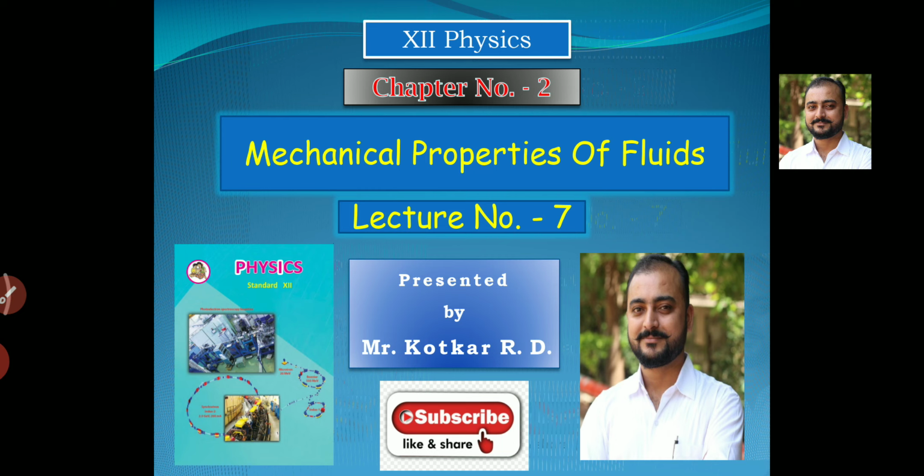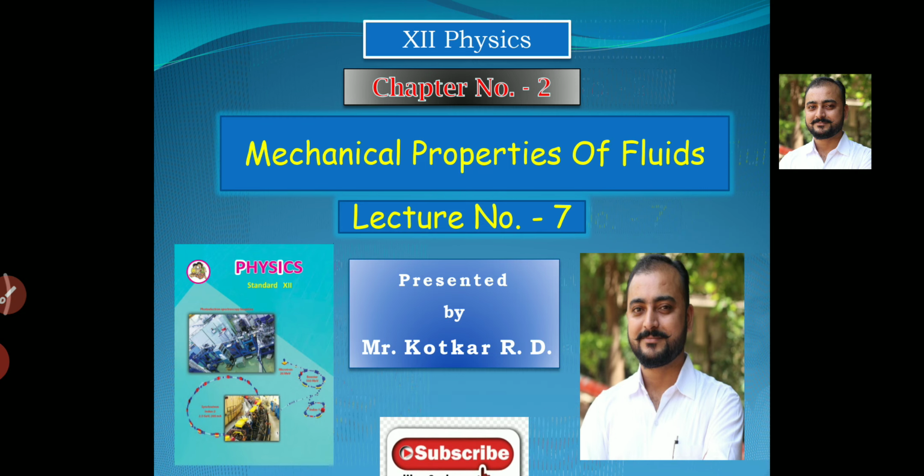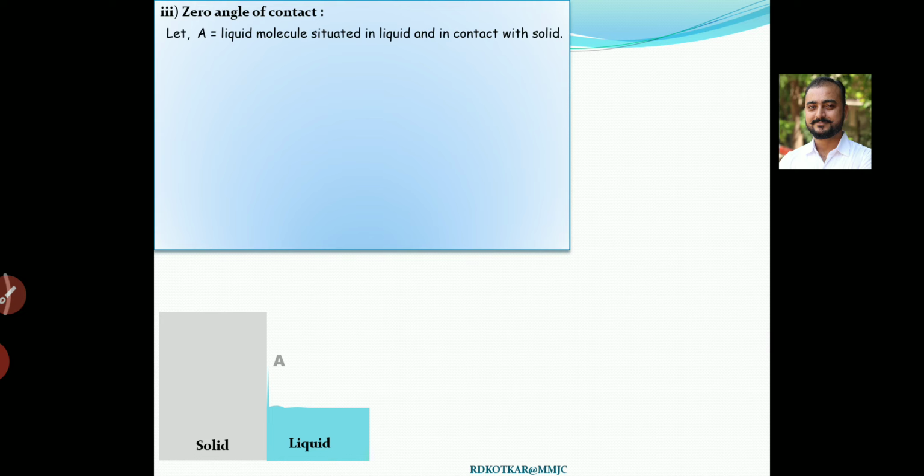In the previous lectures, we studied the shape of meniscus, in which we studied the formation of concave meniscus and convex meniscus. Now in this lecture, we are going to study zero angle of contact, which is also a topic covered under the shape of meniscus, number 3, that is zero angle of contact. So for this we consider that the liquid is taken inside the solid, in which we can say here A